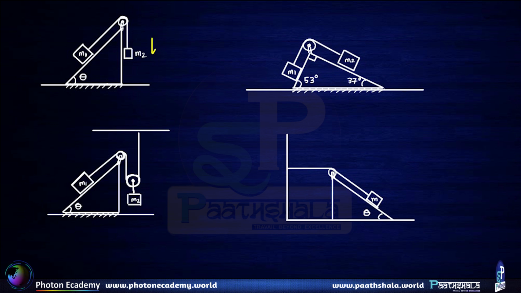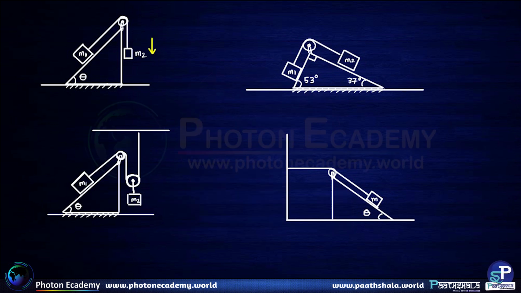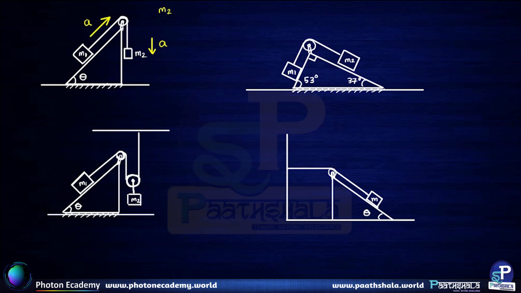So using the method of intuition, in the first diagram we can understand that if the acceleration of mass m2 is a in the downward direction, then the acceleration of mass m1 will be a along the upward direction of the slope. So both the accelerations happen to be a. So using the method of intuition, we can write down the equations m2g minus T is equal to m2a and